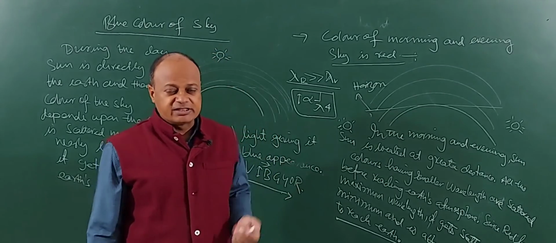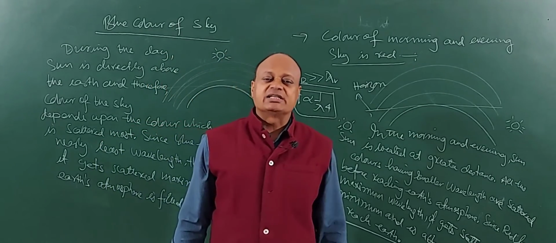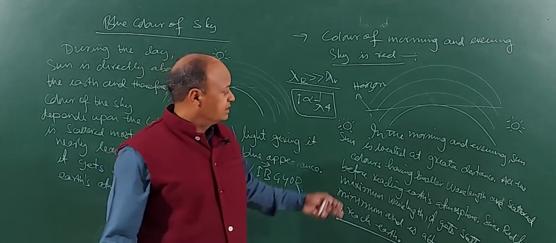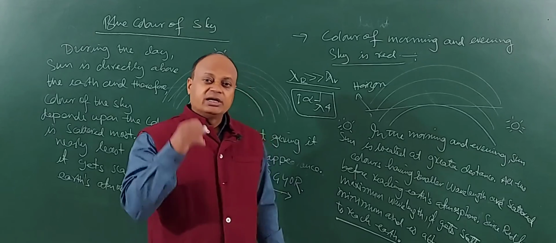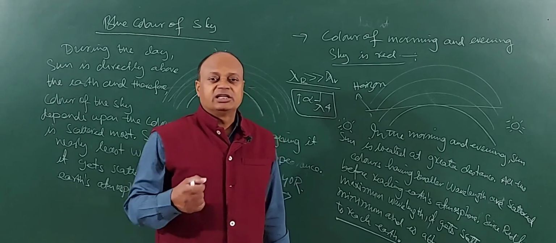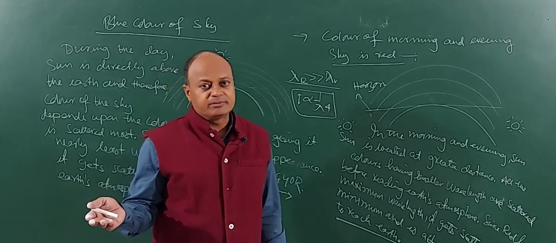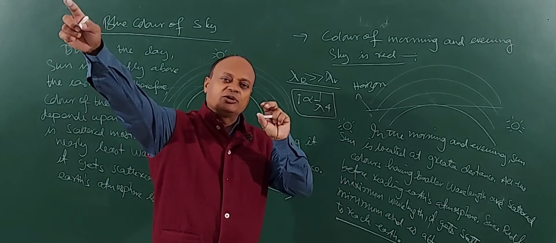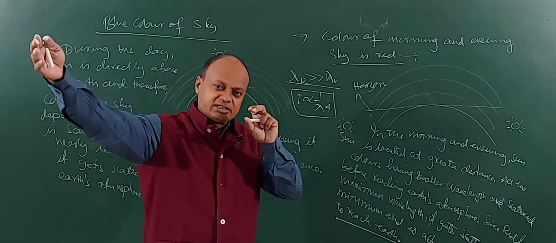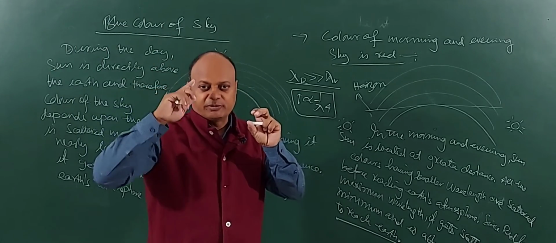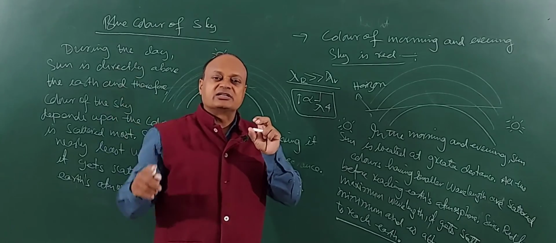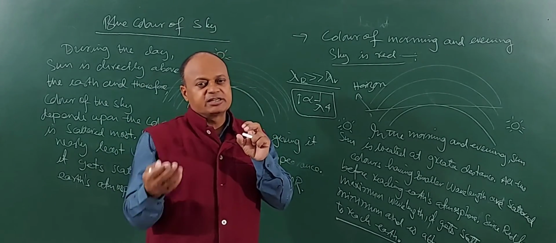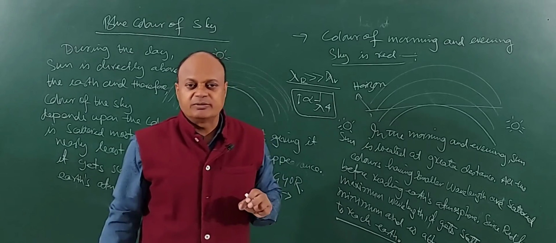Clear? Now, there is another popular question they will ask you: why are signals made up of red color? Again, the answer is the same that you have written. Red has maximum wavelength, therefore it gets scattered minimum. So, we are signaling from this point and trying to send the signal over a long distance. You want to be able to see it from a greater distance. Then you have to make sure the signal does not get scattered very easily. So, the obvious choice is red, because red has the maximum wavelength, so scattering will also be minimum.